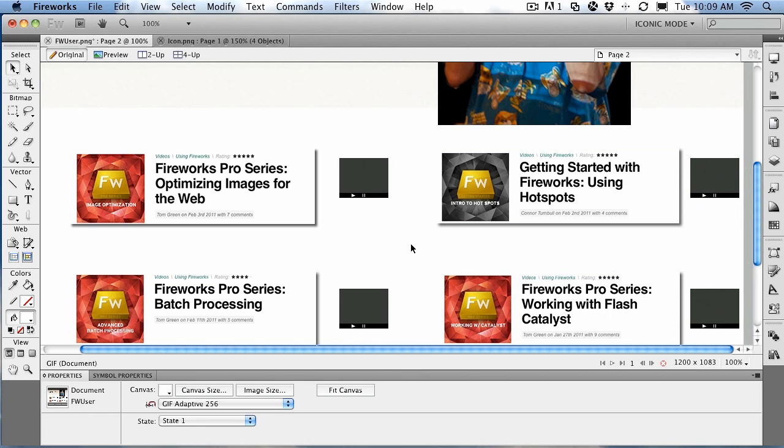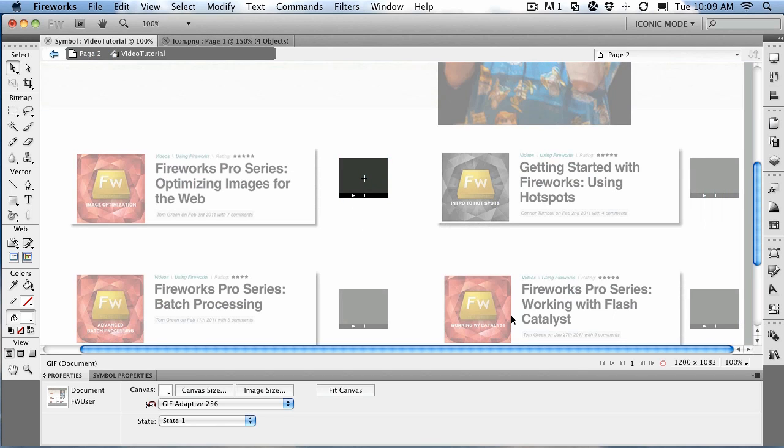Now, one of the problems we have here is that it's just this icon. It really doesn't say much. So why don't we add a little identification here? We're going to add the word video. To do that, really, all you've got to do is just double-click one of the instances, and everything grays out, so that tells me I'm editing in place. I'm now editing the symbol instance. You can see there's the stuff. And we'll just get the text tool,